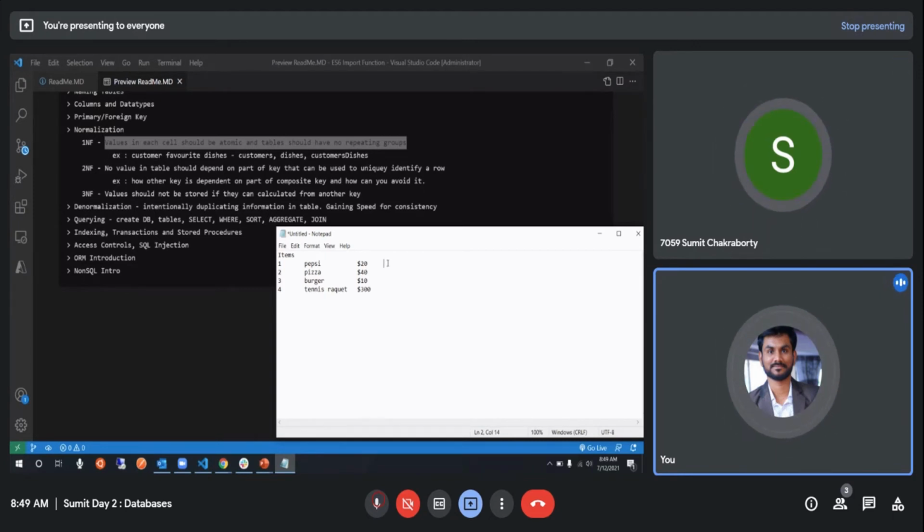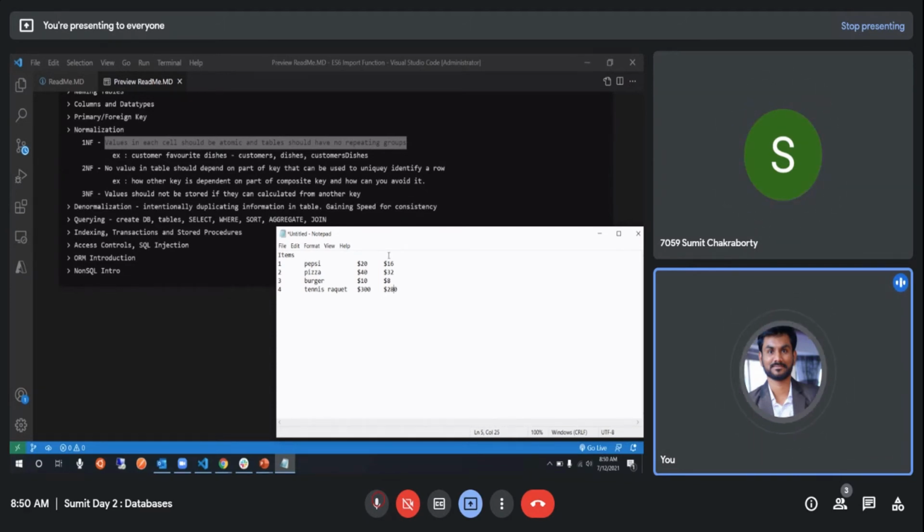Now, you want to give it at a discounted price. You want to give say 20% off on everything. So if you say 20% off on everything, now this becomes $16, correct? This becomes 32, and this becomes say 8, and this becomes say 260 or whatever. I'm just assuming, so you can calculate and put it later. Now what happened is that I have created a new column called discounted price.